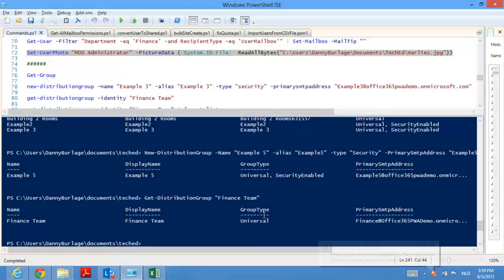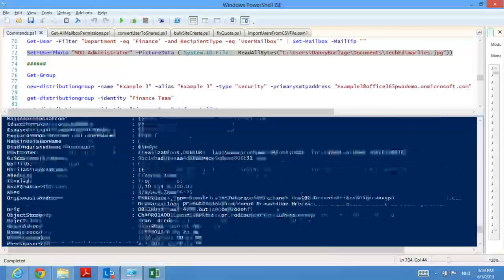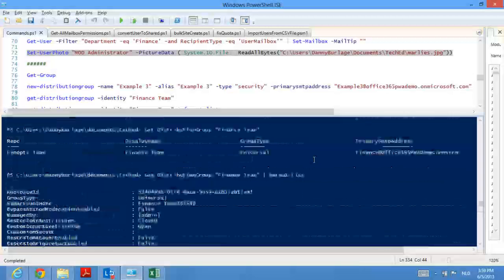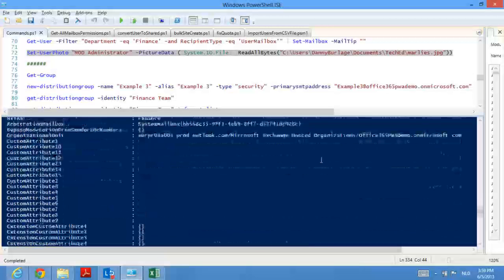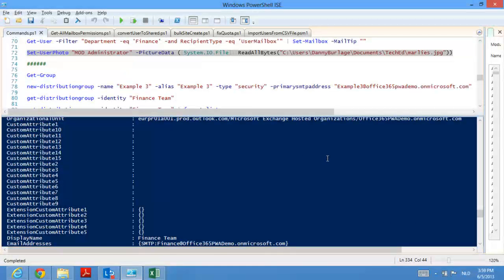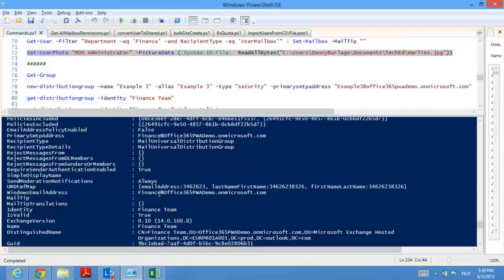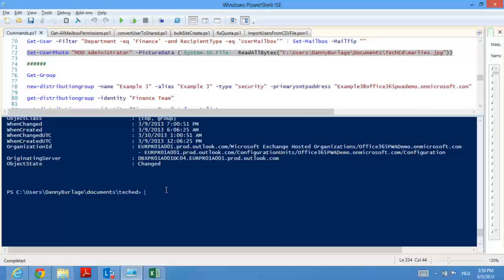So here it is, the finance team distribution group with the finance team display name, and you'll see the group type. This will only give me some of the properties. So in order to get all the different properties of this specific distribution group, I'll use the command format list. There it is. And this will show me all the detailed information regarding this user group with all the custom attributes, etc., which are in there. All these attributes can be set through PowerShell in bulk if you want. And you can also create lists which only show you some of the properties if you want,